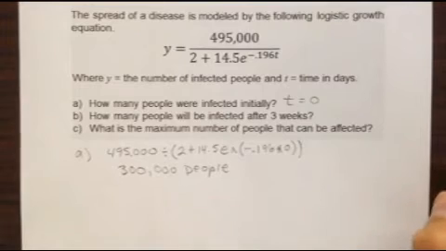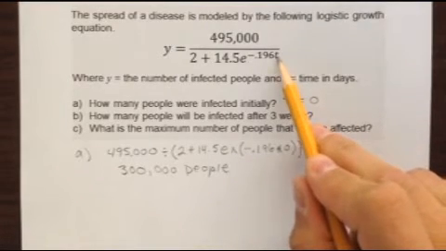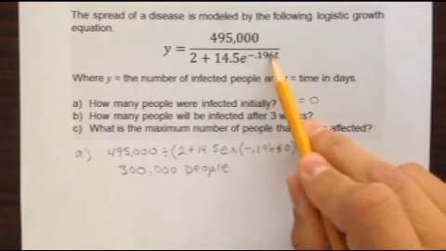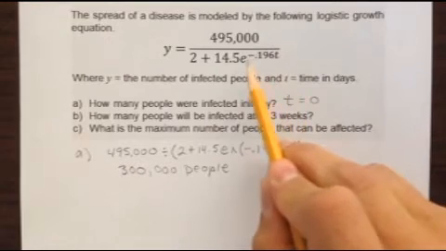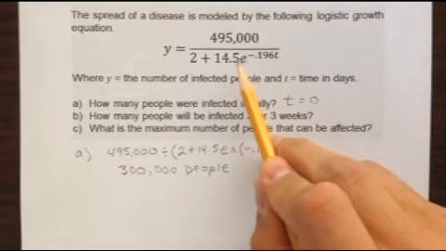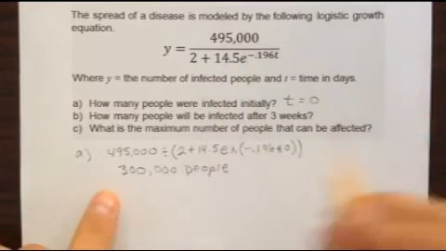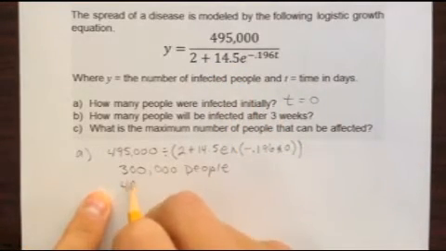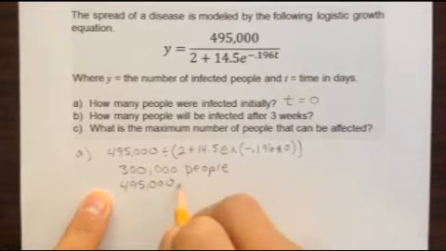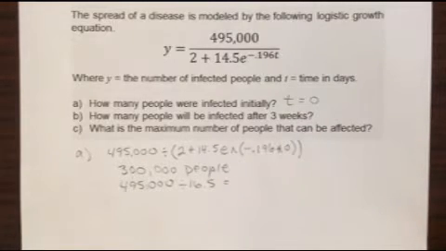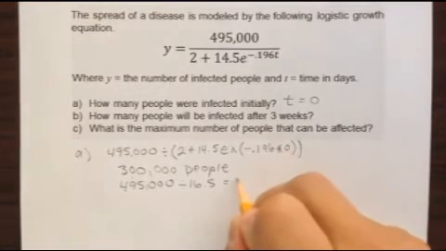We can find it another way also. Remember how this works is that if we take 0 right here, 0 times this amount here equals 0. And e to the 0, like anything except for 0 to the 0, is equal to 1. Then 1 times 14.5 is equal to 14.5, and 14.5 plus 2 is 16.5, which means I should be able to take 495,000 and just divide it by 16.5. And that should give me the same thing. Go ahead and try that in your calculator. And you see you still get